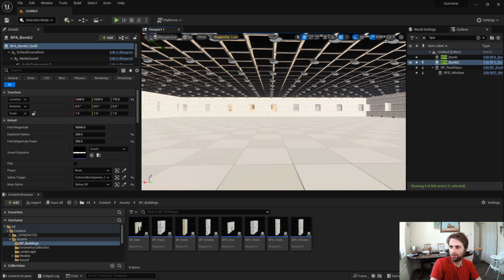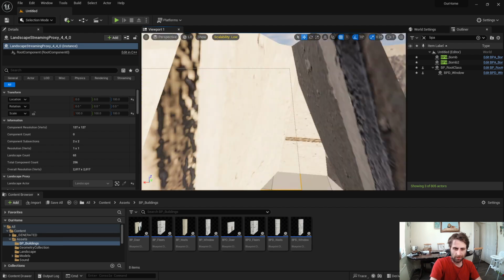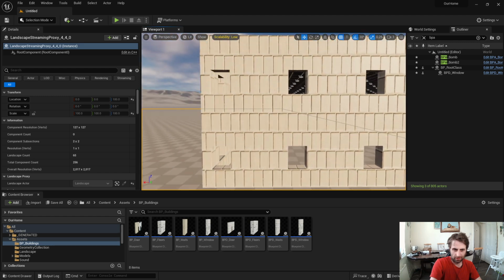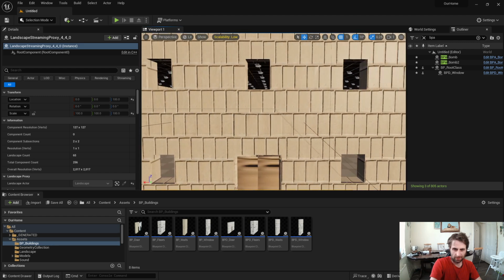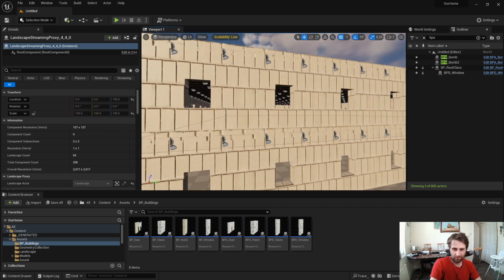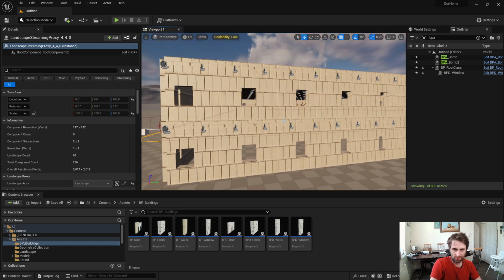Just want to make a quick recording. So I spawned in this big old building, and as you can see, the materials are seamless on the X and the Y now. So as long as we conform to my basics, that's just a bit of clipping with